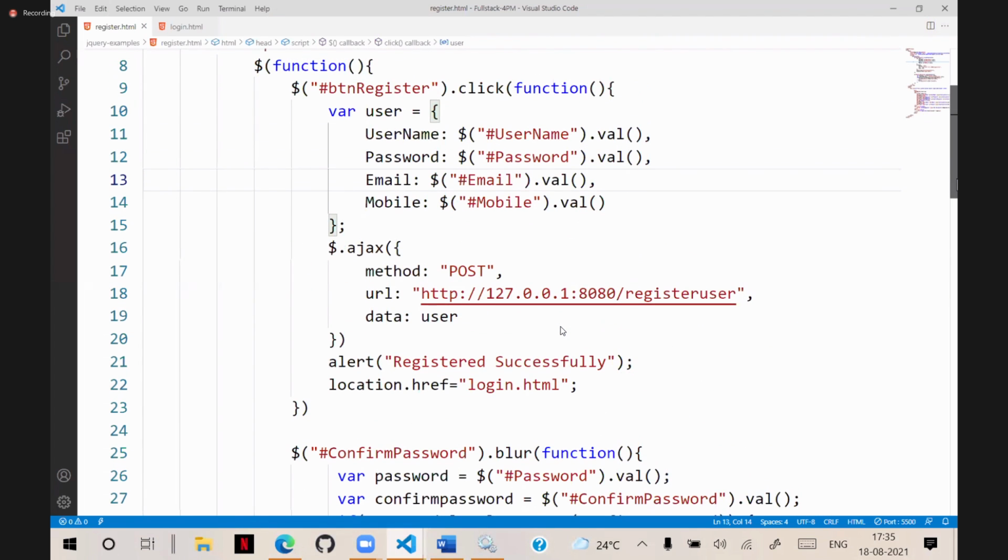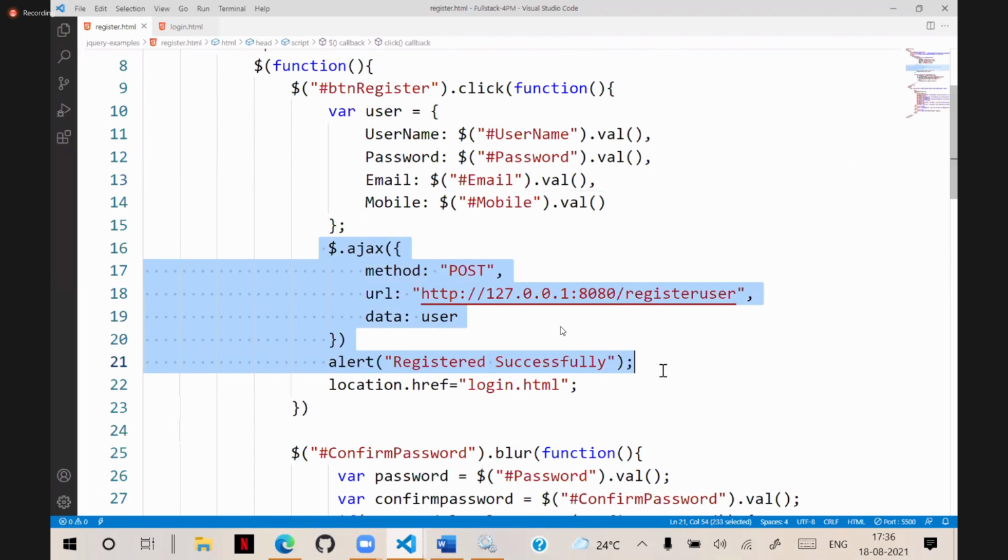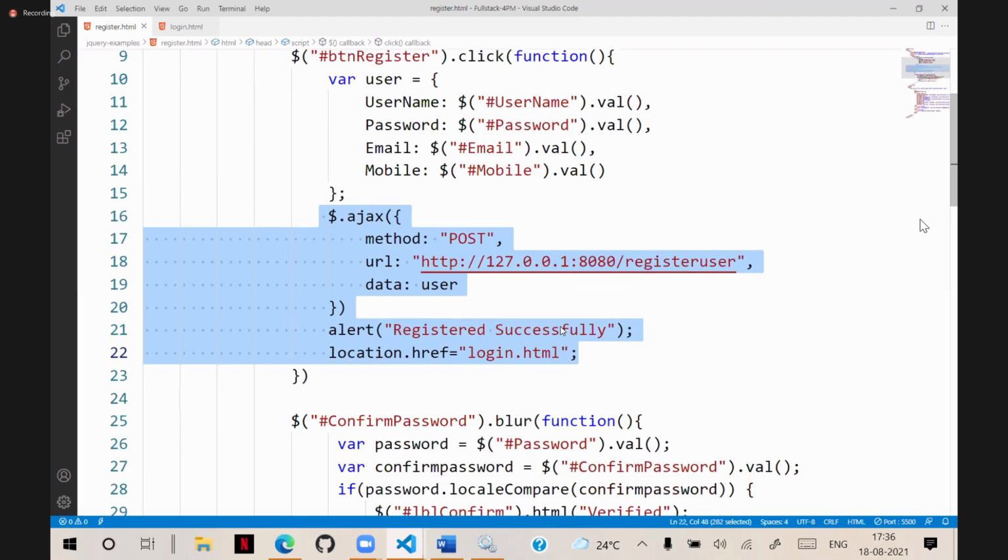On register button click, this AJAX post and the registered successfully login HTML should happen when registered successfully. So for that, we need to write validations. When the register button is clicked, this post should happen only if it is valid. If not valid, display some error messages. Then how can you configure and design the validation?